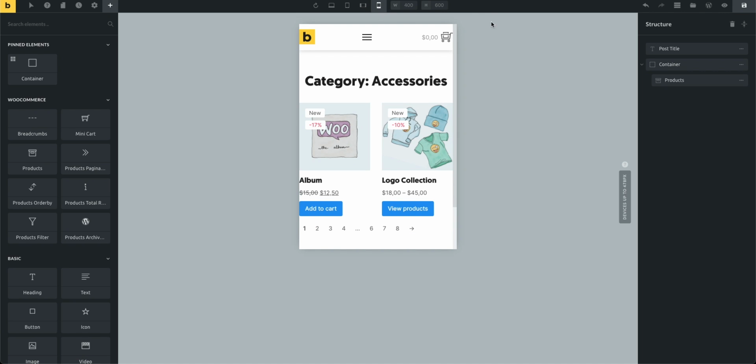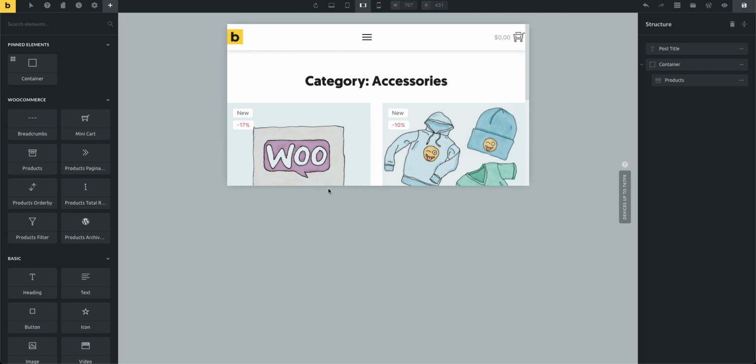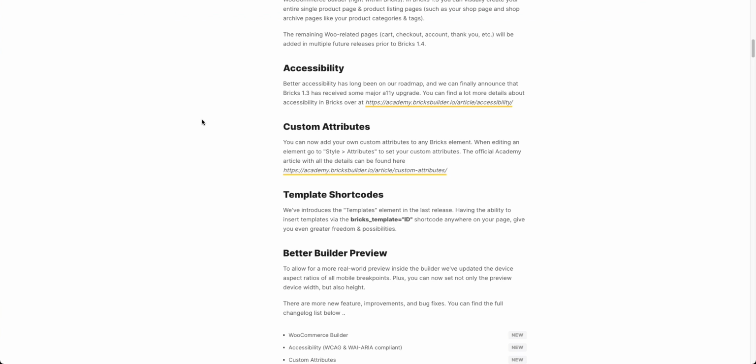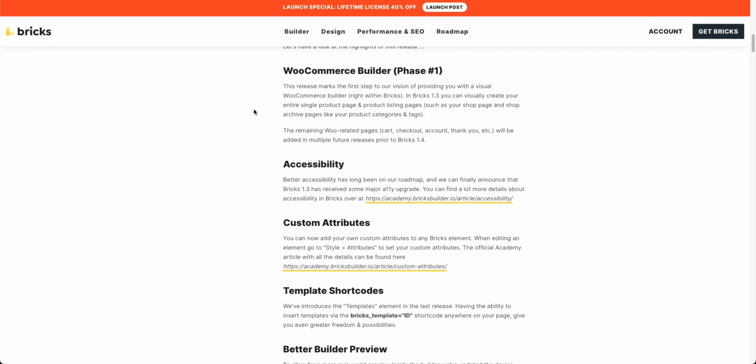Previously, especially when you're in mobile landscape, this filled up the entire vertical space, which doesn't make much sense considering this is landscape and you're also not able to specify the height. Now you can do this. I think this is going to improve the editing experience, especially for all of those mobile breakpoints, very much. And that's a wrap. I think we covered everything that we wanted to cover here in this release note of